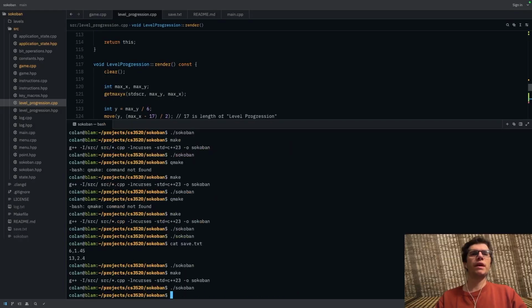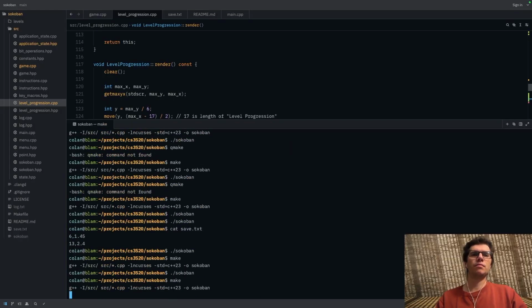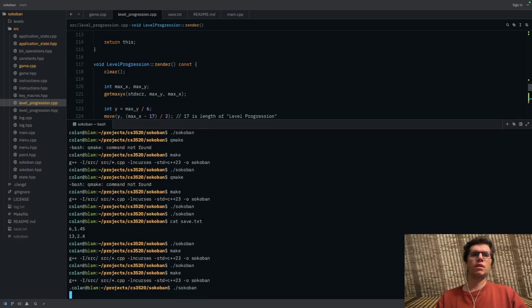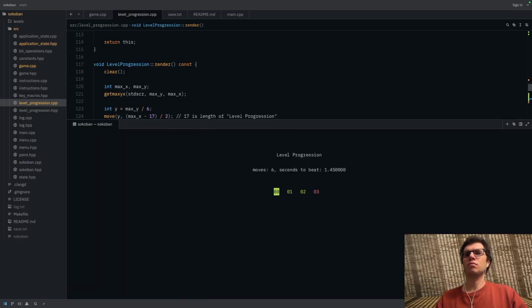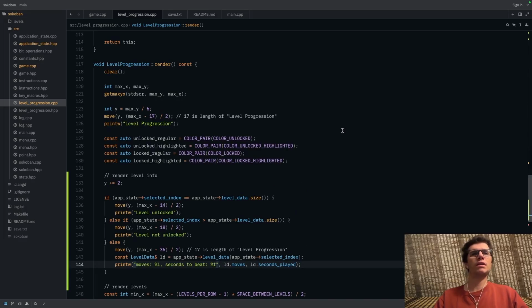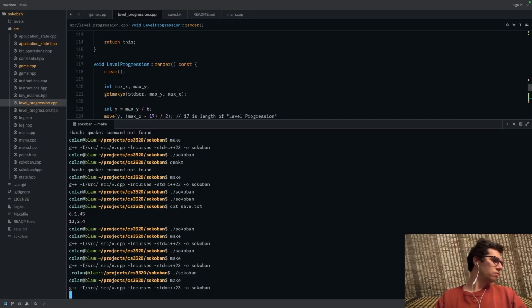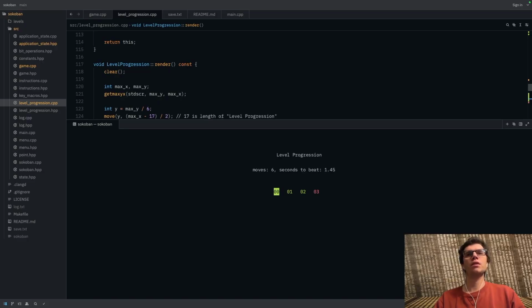So replace that with f, make it Sokoban. Looks good to me. I don't love these extra things. So can I do like 0.2f, I think it was? Sorry, my dog was thinking about barking. So yeah, perfect. So now we have our moves, our seconds to beat, level unlocked, not unlocked,